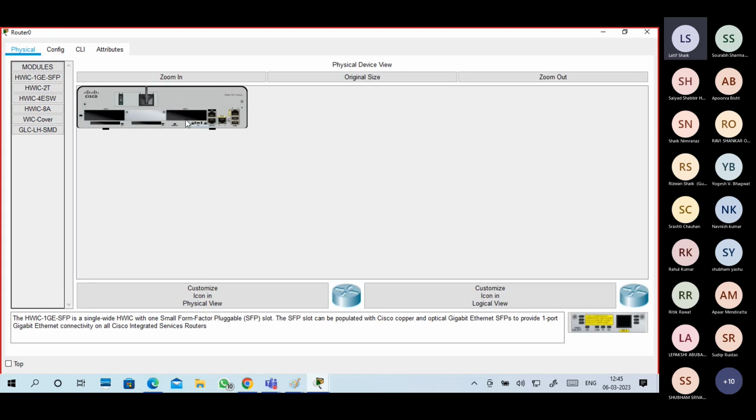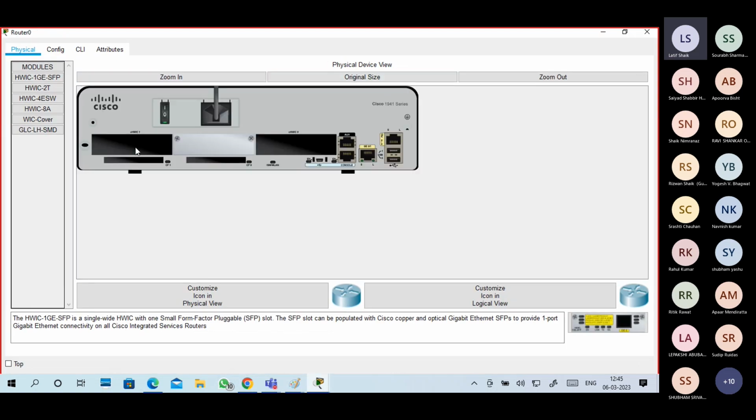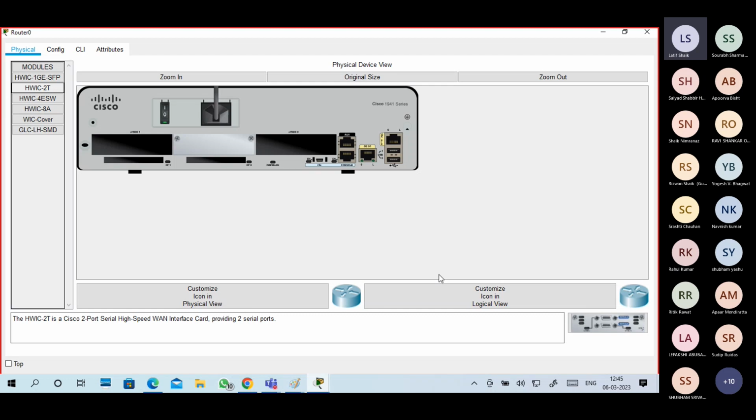This is a small router, you can see. See, auxiliary cable, console connector. This is for LAN connection purpose. This is for WAN connectivity purpose. I inserted WAN interface cards, two serial ports.